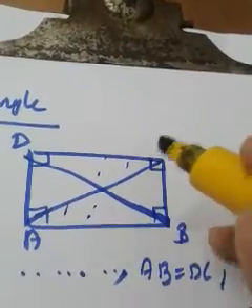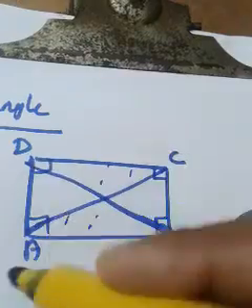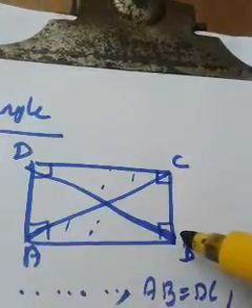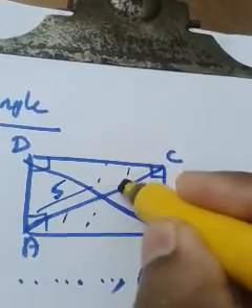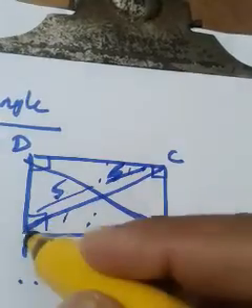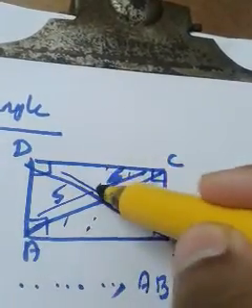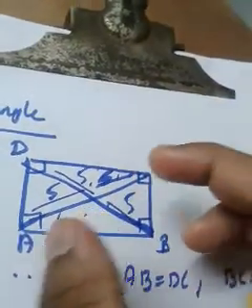It means that we already learned that the measurement of each diagonal is the same. If it is 10 centimeter, it also should be 10 centimeter. So if it is 10 centimeter, it should be 5 and it should be 5. And in that way, this is also should be 5 and this is also should be 5. That means diagonals are bisecting is nothing but this much.